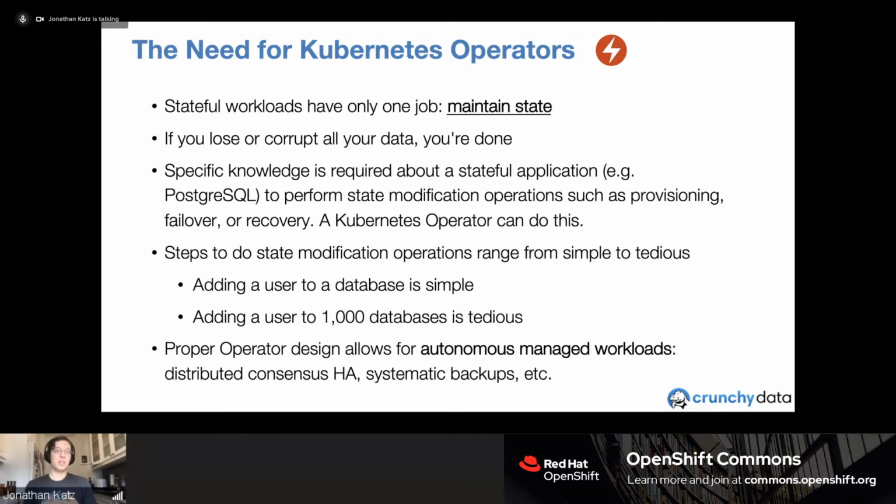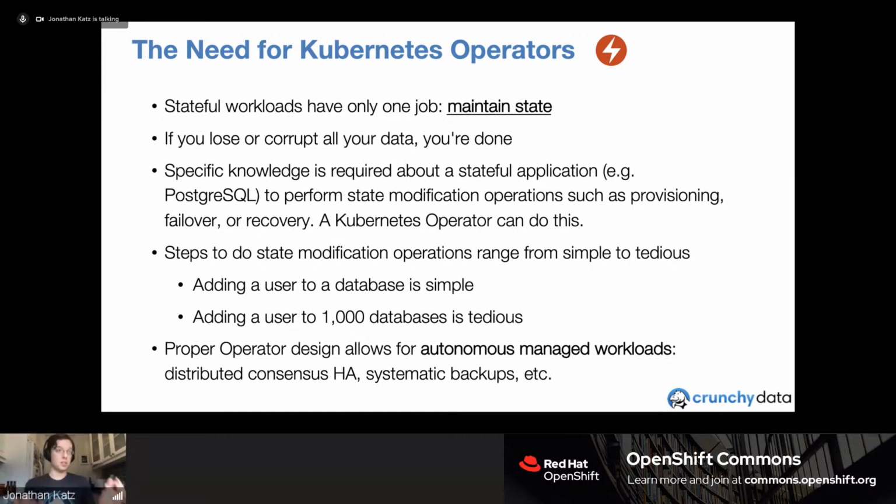So we want to make sure that we're able to create a system that's resilient. Let's say my disk does crash, or there are some corrupt blocks on the PVC I'm using, that I'm able to restore my data and know that I didn't lose any of it. To do that in Kubernetes, we need to apply more knowledge in general. And this is where operators can help, because operators can encode specific information into your environment so that you're deploying your stateful service in a way that matches what it does.